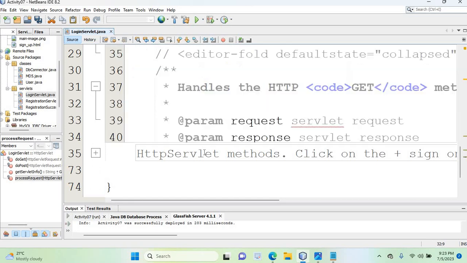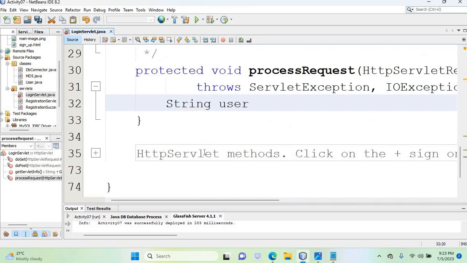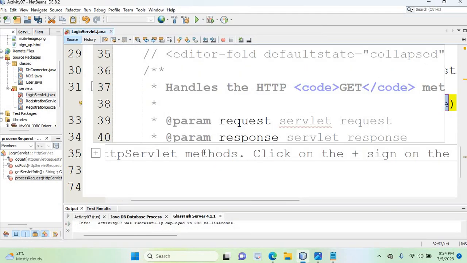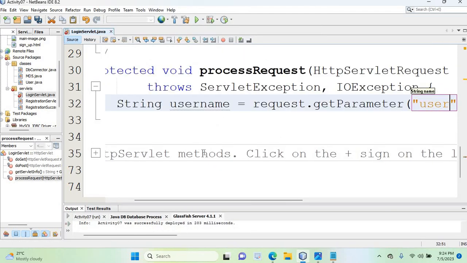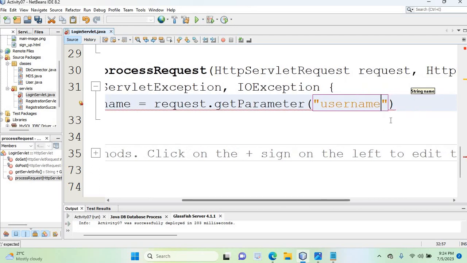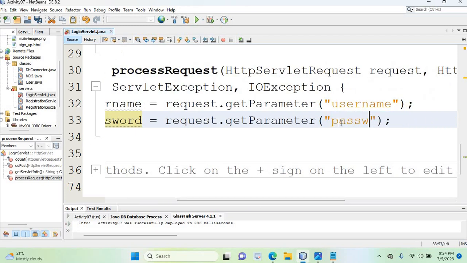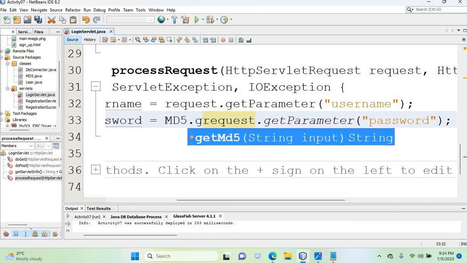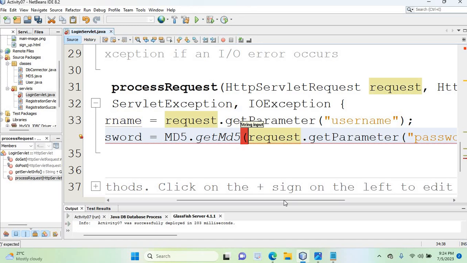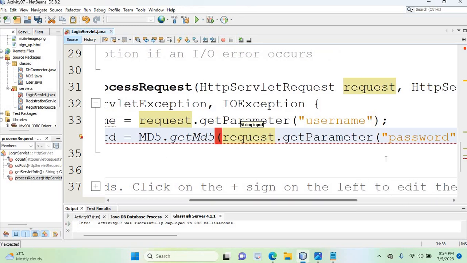And now in this case again, we need to have username, and we are going to use request.getParameter, and here the parameter is username, because in the login form we are getting username and password. So we will first save those into a variable, and this one password, and we need to get the MD5 hashed one. So therefore I will call this getMD5 method, and I'm going to get the hash value and save